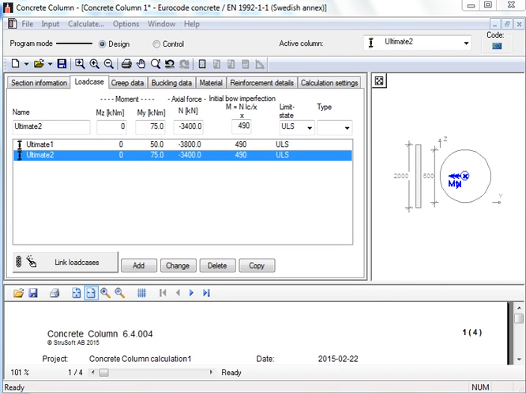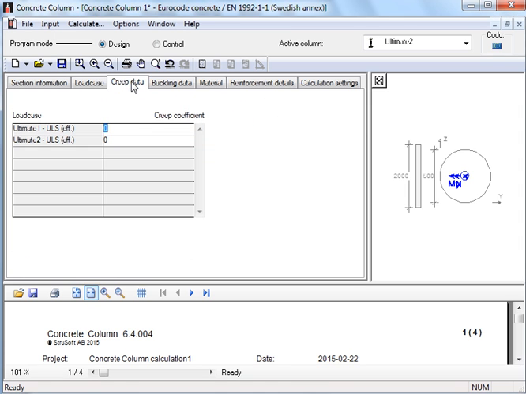Concrete column. Video 2. Geometry and material. When loads are defined, the remaining input tabs are shown. We move on to creep data and specify the effective creep value for ultimate 1 to 1.97